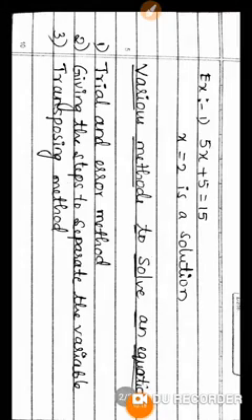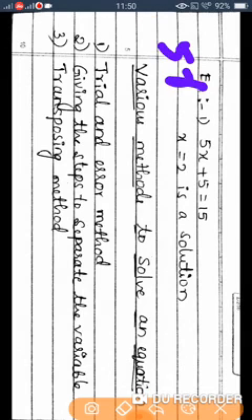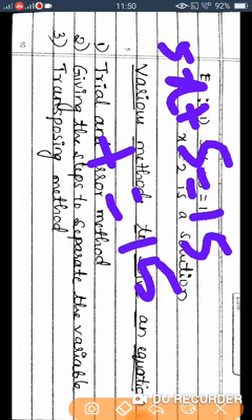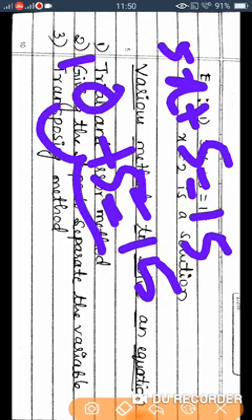Okay, so I will take another example here. I chose one example: 5x plus 5 is equal to 15. See, by which number, if you add 5, you must get 15? That you need. For 10, if you add 5, you get 15. Is it true? Okay, then this 5x should be 10.